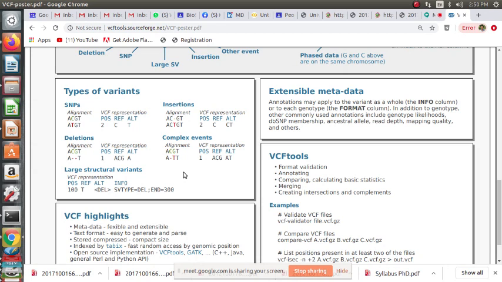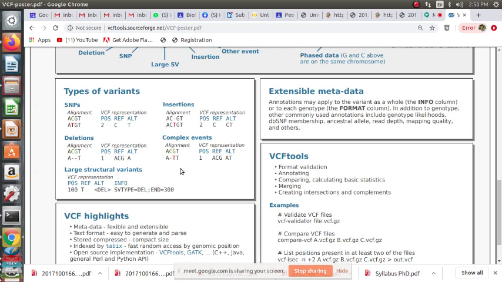Matches. Yes, the length of the columns in the alignment should be same, right? Yes, in any alignment, the length of the columns in the alignment should be same. So in order to accommodate for that, here ACGT is a reference and A gap TT is the alternate base.